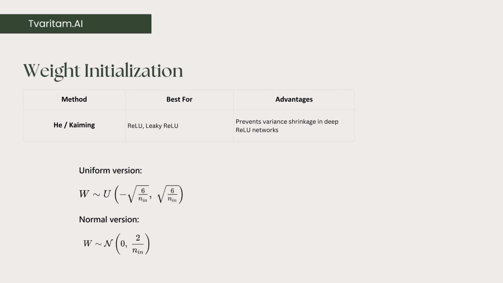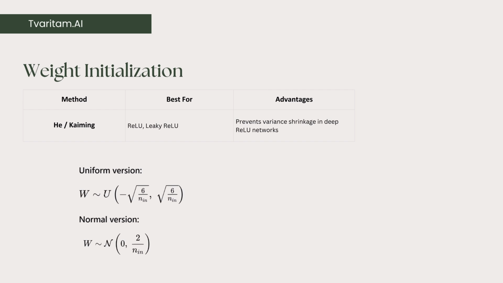So if you are going for the normal version, the second one, you see this is the range between 0 and the square root of 2 divided by n, the number of input units, as the standard deviation. And when we are going for a uniform distribution, it is negative square root of 6 divided by the number of input units, to